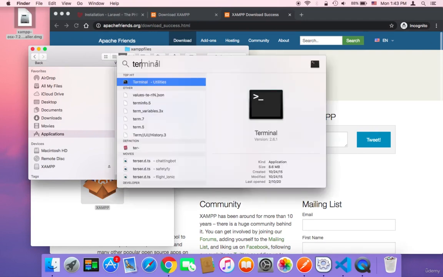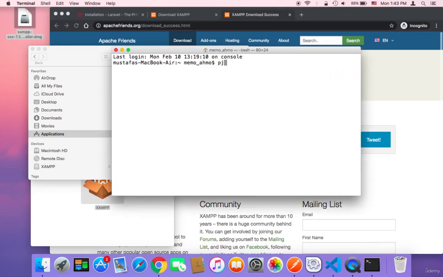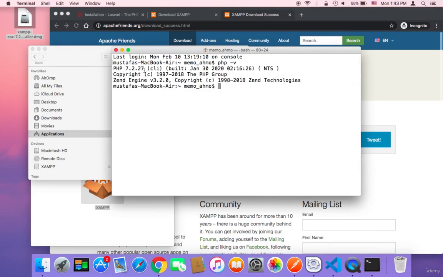In order to use PHP version 7, you need to head on over to your terminal and make sure that you are using PHP version 7. So here I'm going to type PHP and then version or -v, and here it says 7.2. And if it doesn't say here PHP 7.2, then you need to make sure that you add